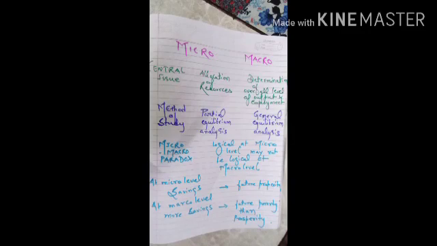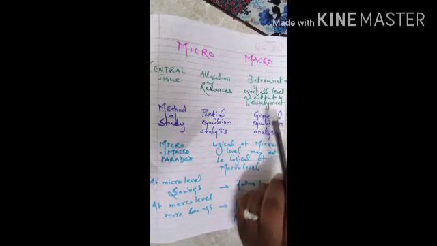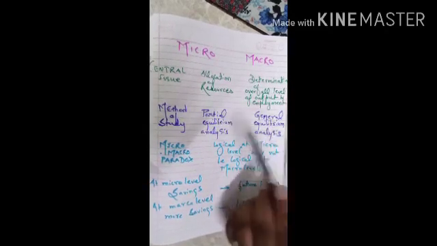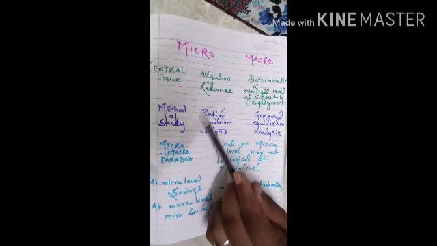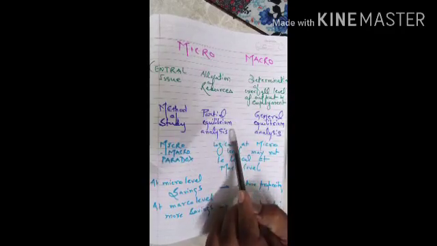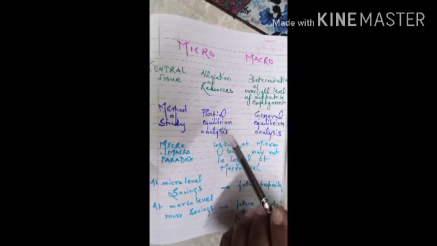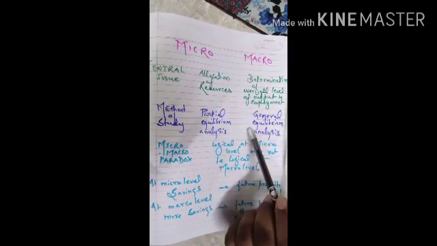And if we talk about macroeconomics, the central issue is about determining overall level of output and employment. So as we are talking about the economy as a whole, it deals with overall level of output and employment. Method of study. If we distinguish micro and macro on the basis of method of study, microeconomic study is referred to as partial equilibrium analysis. Partial equilibrium analysis, that is, we are going for a segment of an economy. And macro level, it's a general equilibrium analysis, that is, we are going for the whole of the economy.